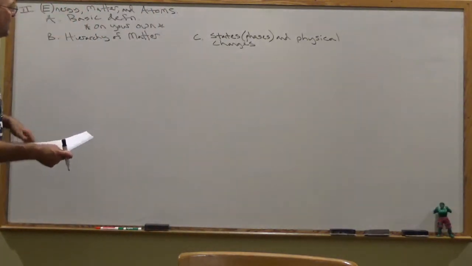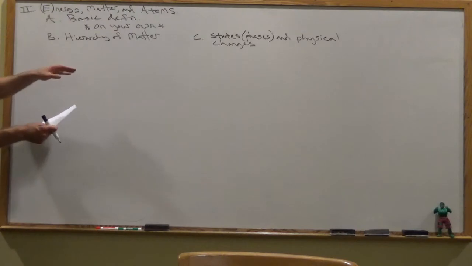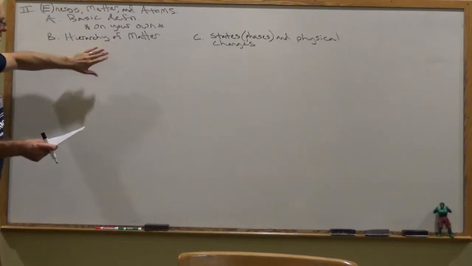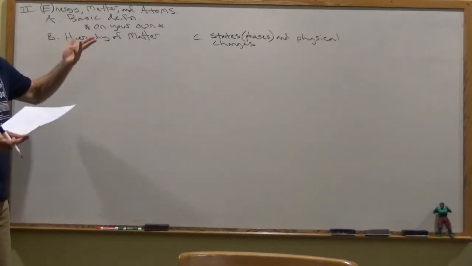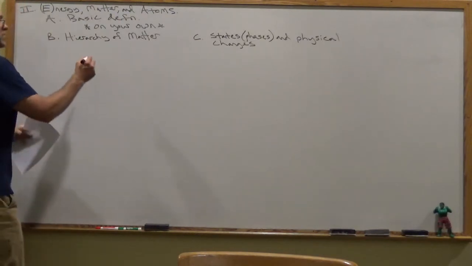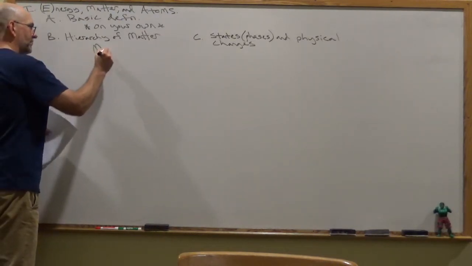Okay, so let's do some stuff. So a taxonomy. I should really probably call this a taxonomy rather than a hierarchy, because a taxonomy has a category, breaks it into two. That's, if you had a biology class, you call that a dichotomous key. Well, that's what we do here. So matter